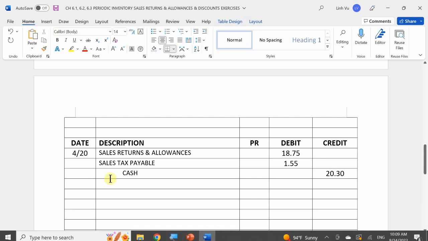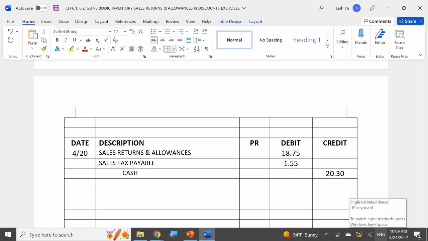Okay, and then now I'm going to go ahead and make a note here. So remember, sales tax is not based on the product that we're selling. It's based on the total amount of sales that we're actually initiating. Now, in this case, we're basically giving a discount on the product. So therefore, we're also going to give the tax money back because we charged them for full price. Okay, so in this case,